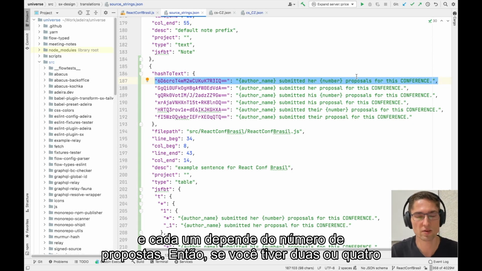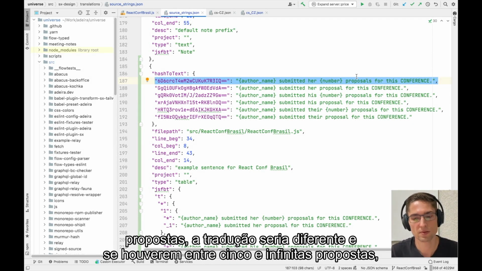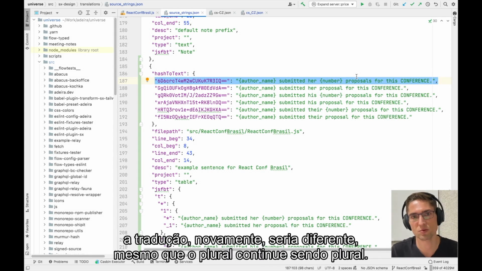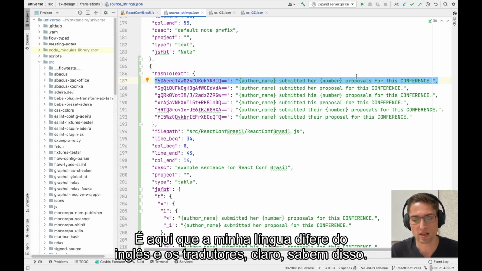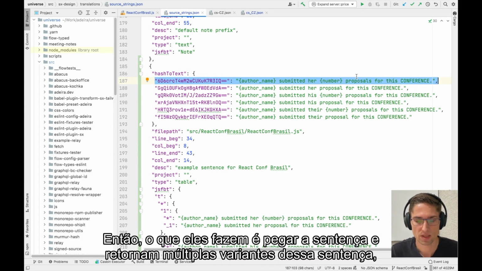So if you have 2 to 4 proposals, the translation would be different. And if there are 5 up to infinity proposals, the translation would again be different. Even though it's plural, it's still different. This is where my language differs from English. And translators, of course, know this. So what they do is they take the sentence and they return multiple variants of this sentence